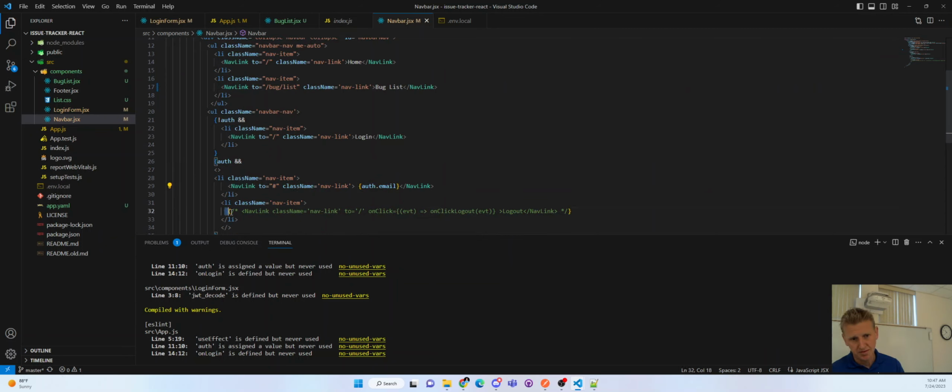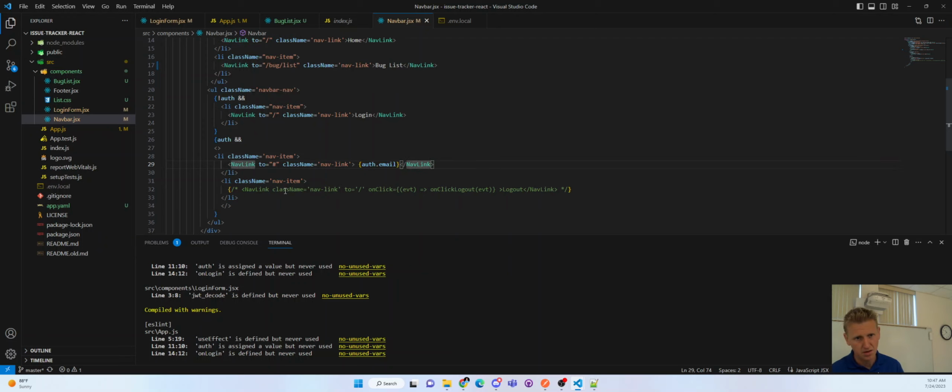I don't remember coding this, but here it is. It says here just hard code your auth.email. Oh, you know what, we just pulled this. So here's a nav. If you're authenticated, then we show